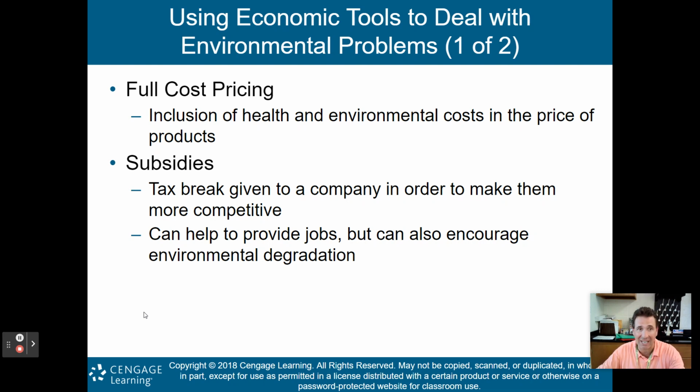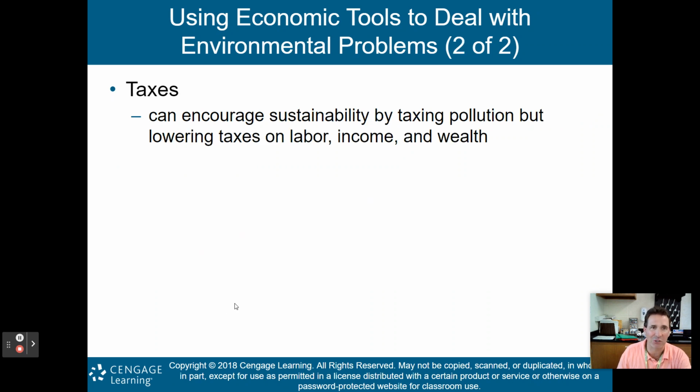So this is kind of the yin and the yang, right? You give a mining company tax subsidies, they make more money so they can hire more people, which is good for the economy. But because they're hiring more people, they're pulling more gold or silver or whatever out of the ground, mining more stuff, and that not only depletes the resources, but causes the environment to degrade as well. So again, here are the issues that we have to tackle here in environmental science.